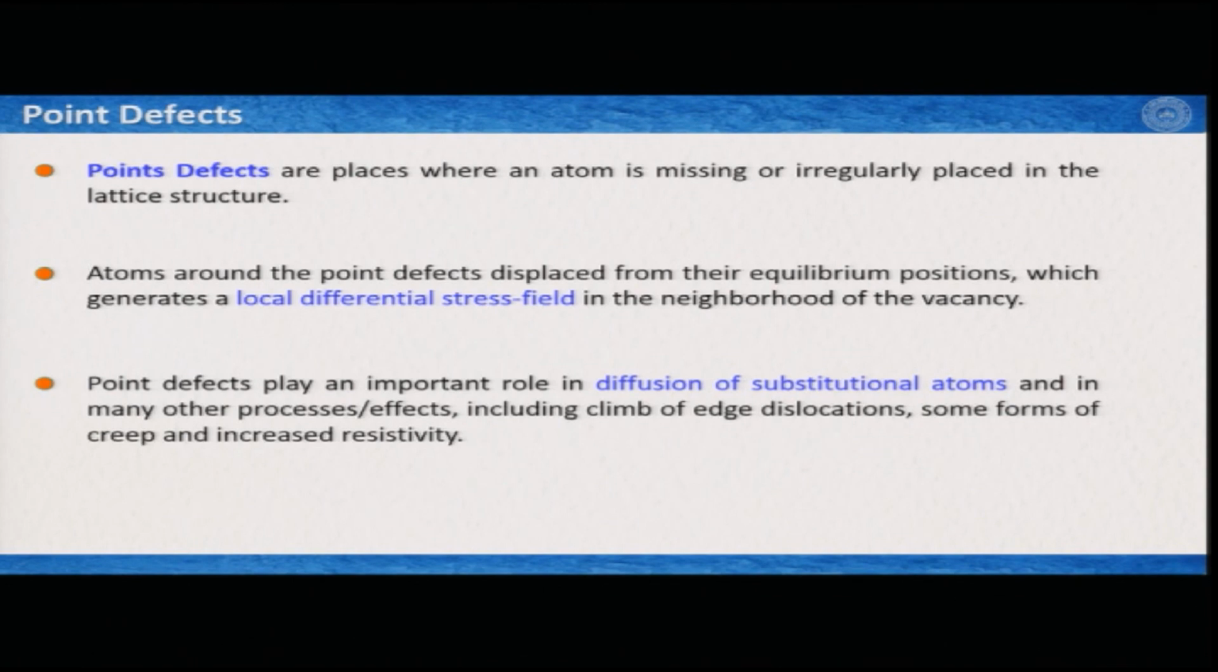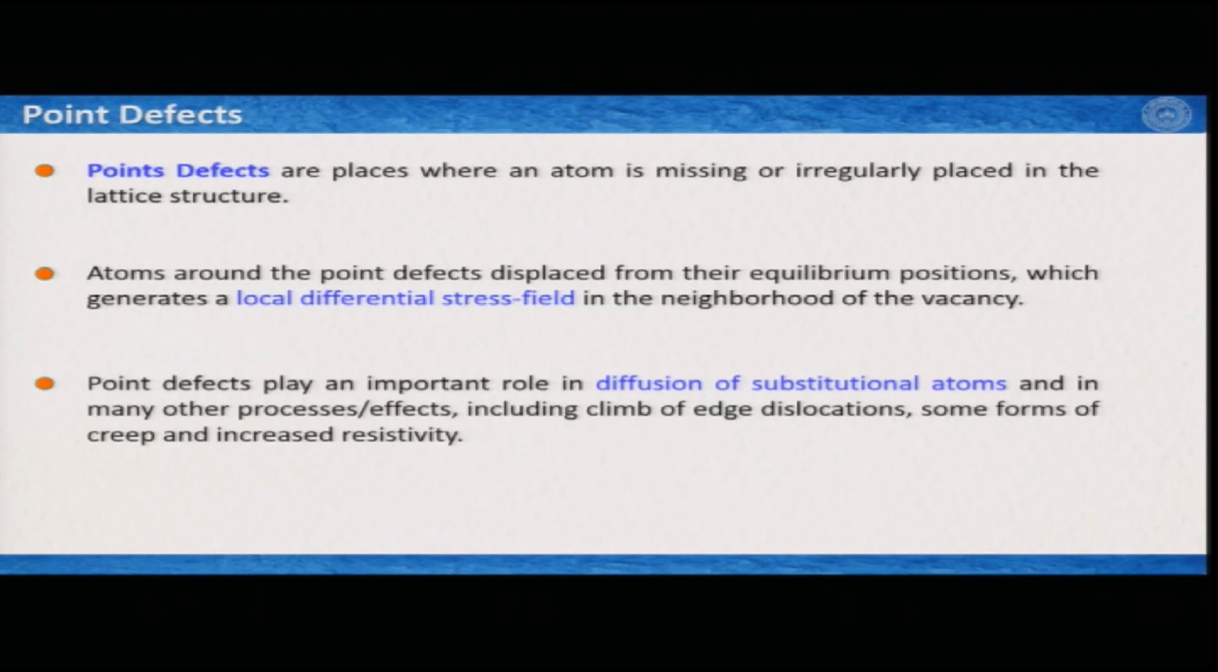Of course, if the crystal is not in equilibrium, that means there must be something wrong, and this wrong thing is either one atom or one element is missing, or it is placed somewhere where it should not be. Therefore, if an element within the lattice is staying somewhere else or is missing, then the crystal always tries to make things in equilibrium, but it cannot do it. So, there is a local differential stress field that is generated in the neighborhood of the vacancy, and this